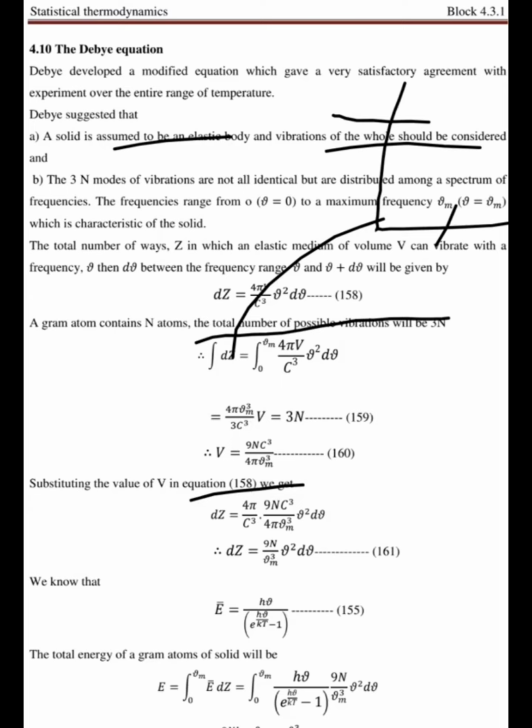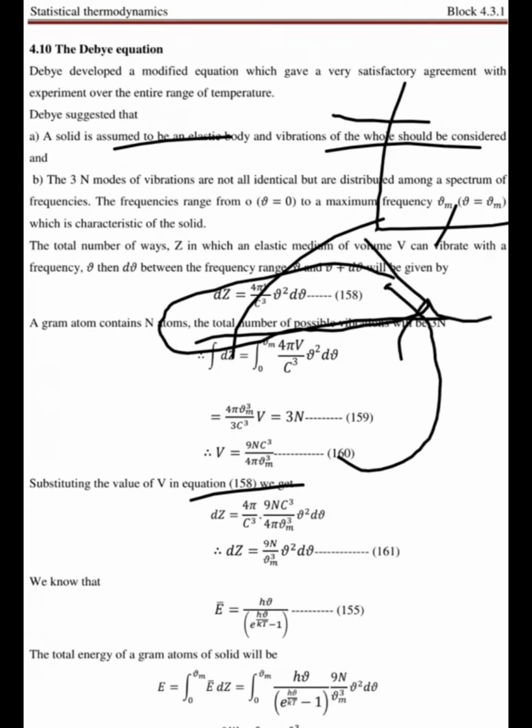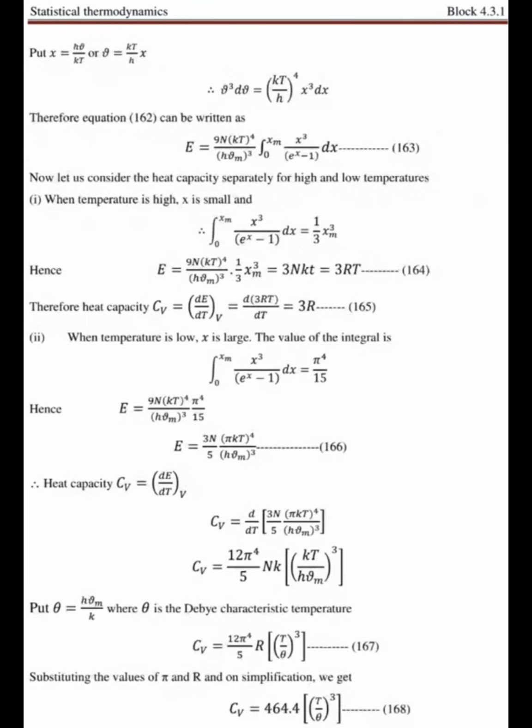So substituting the value in equation 158 again, we get the total energy of the gram atoms for a solid, that is equation 162. Further, equation 162 can be written wherein the value of x is equal to hν by kT and ν is equal to kTx by h, which you integrate and insert in equation 163, where equation 162 can be written as